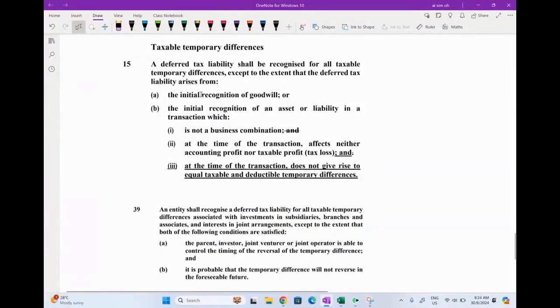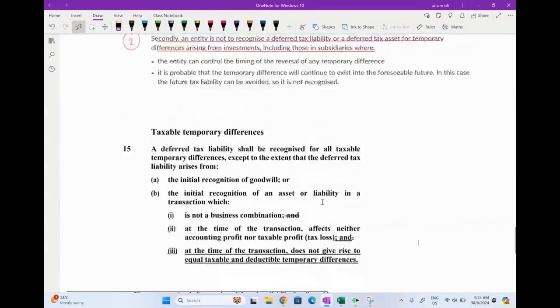So what the rule says is, if they ask you, right, so you say a deferred, but the rule for asset and liability is written in separate paragraphs. So you just put here, a deferred tax liability or asset shall not be recognized for all taxable or deductible temporary difference. And these are the three rules. 1, 2, 3, which is the same as